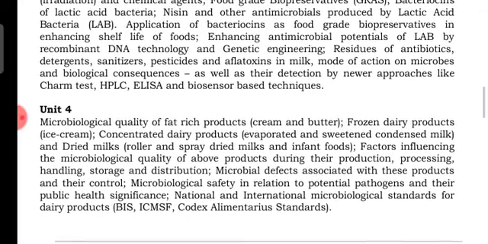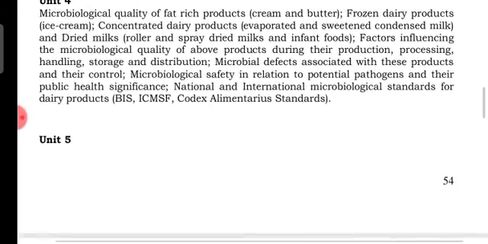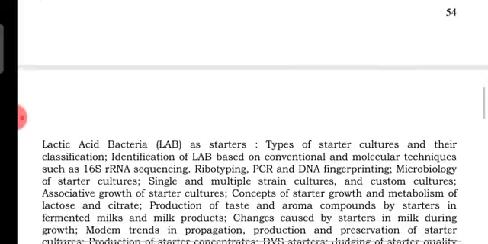storage and distribution; microbial defects associated with dairy products and their control; microbiological safety in relation to potential pathogens and their public health significance; national and international microbial standards for dairy products, BIS, ICMSF, Codex Alimentarius standards. Unit number 5 is lactic acid bacteria as starters, types of starter cultures and their classification, identification